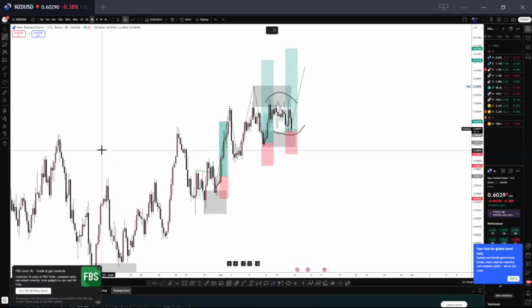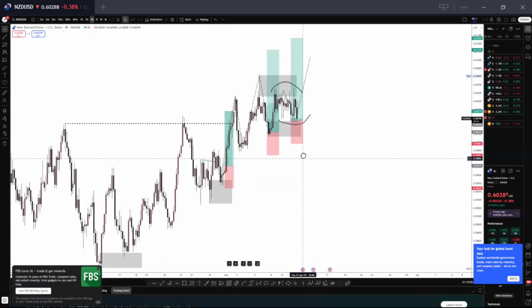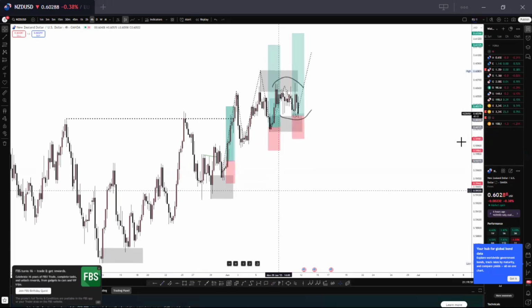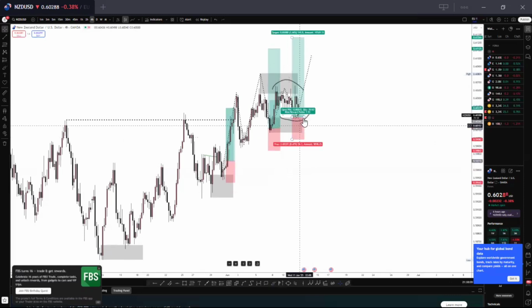Look at this. This is a break of structure, right? And then if you take this out,